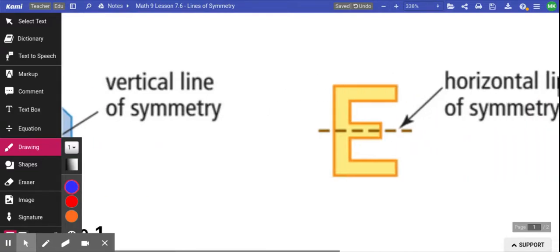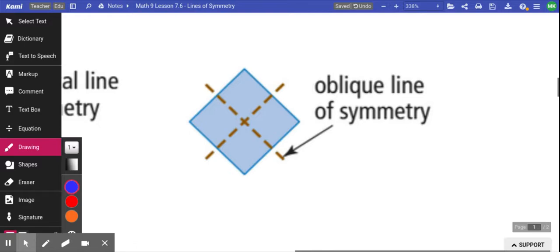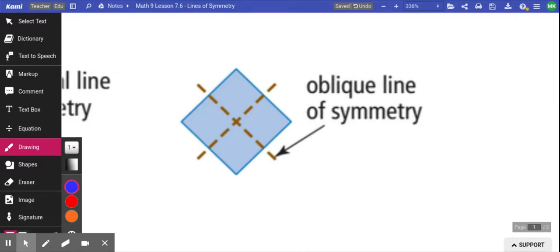If you look at this letter E, we have a horizontal line of symmetry, horizontal meaning side to side. If we were to fold this E perfectly in half on top of that, I would have one side identical to the other side. They would fold perfectly on top of each other. Then we have oblique line of symmetry. When you have oblique lines of symmetry, it just means not straight up or down, not left or right. I usually call them diagonal